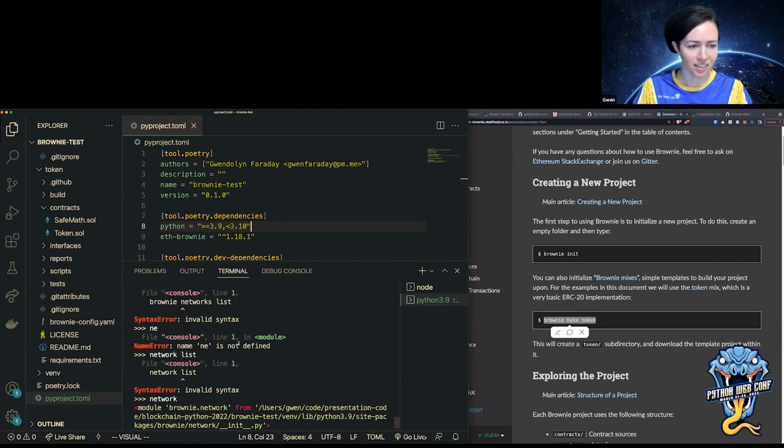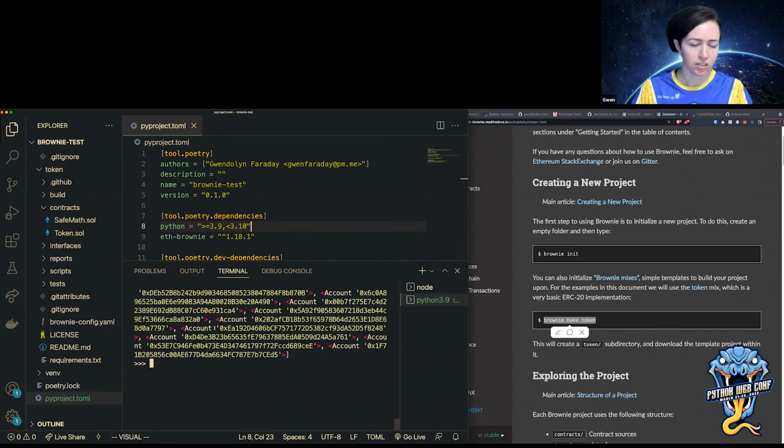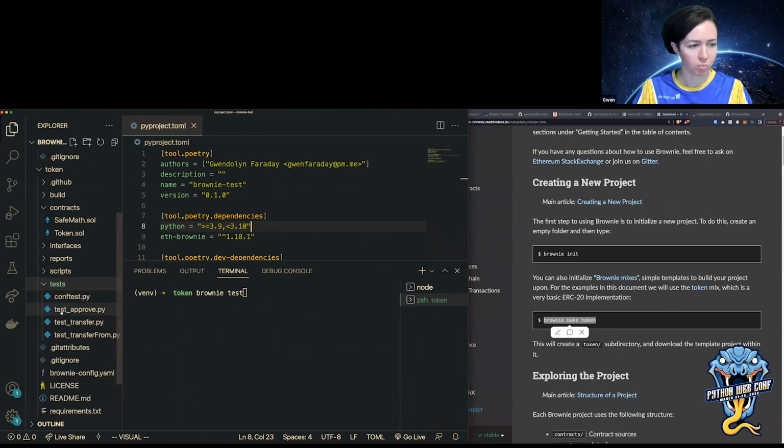So anyway, there are a lot of different things, like I could check out accounts. Yeah, I have access to that in the console. So I can see all my accounts and use the Brownie API from there. And then another thing is Brownie testing. So if I run Brownie test, that will run any tests that are in this folder prefixed with test.